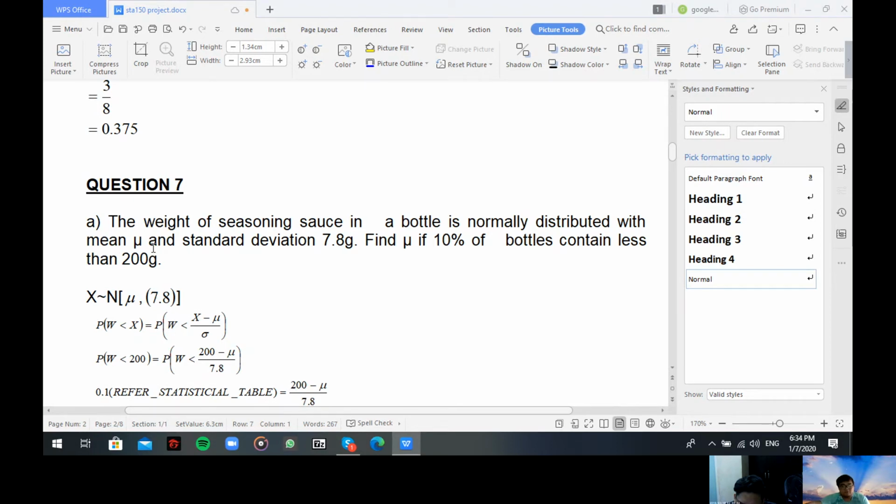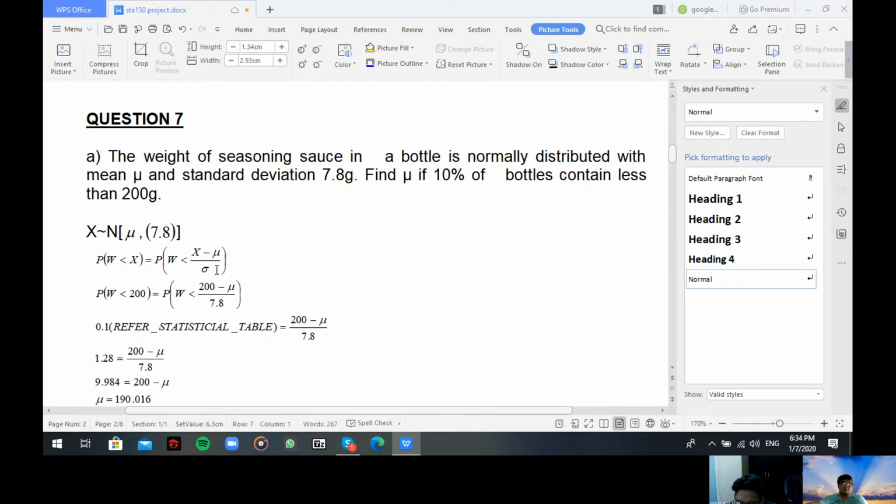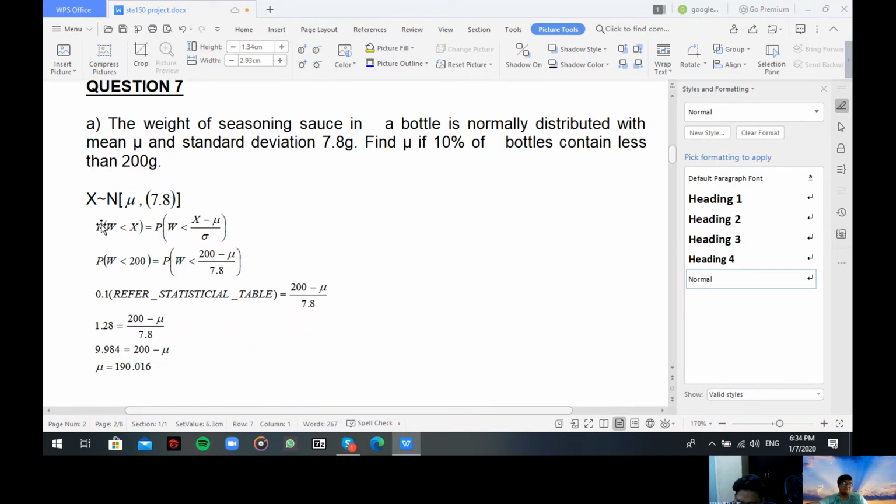The question doesn't give the value of the mean, but the standard deviation is 7.8 grams. So here there is a standard deviation, and the question asks to find the mean if 7% of bottles contain less than 200 grams. From here you need to use X approaching N(mean, standard deviation). This is a normal distribution. For the normal distribution,